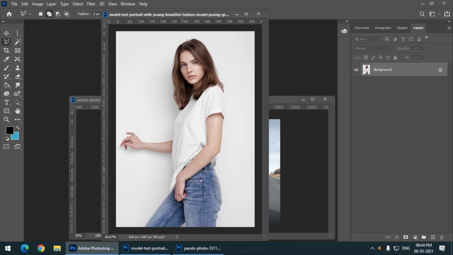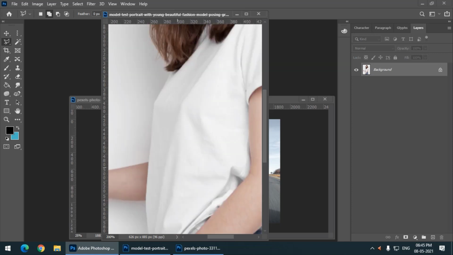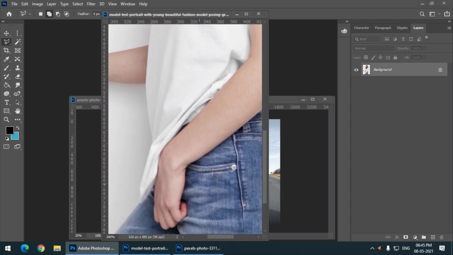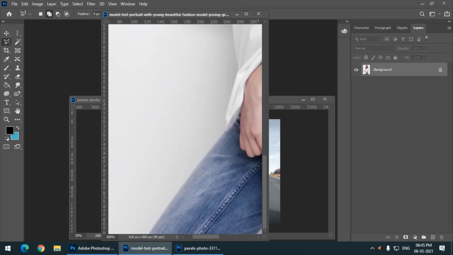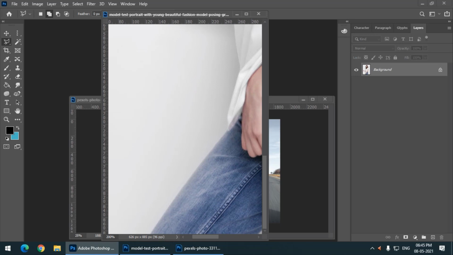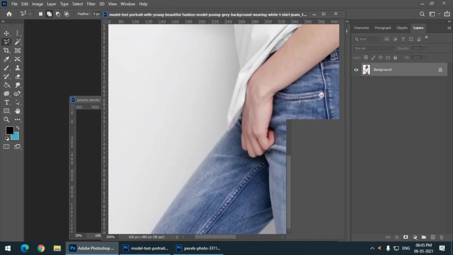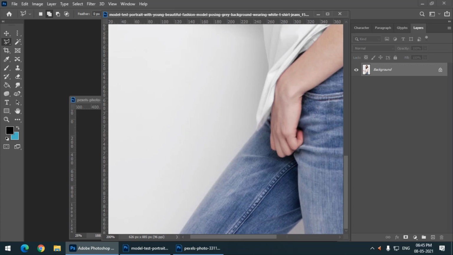The polygonal lasso tool makes selections in straight lines, but what makes this tool work is that we don't have to press and hold the left mouse button. I've already zoomed in on this image, so we can left click and release the mouse button. I have released the mouse button, but the selection will remain. I'm simply going to click wherever I want to select.